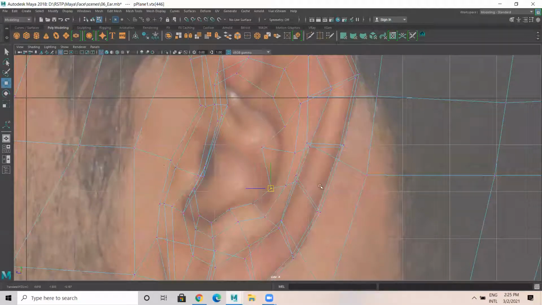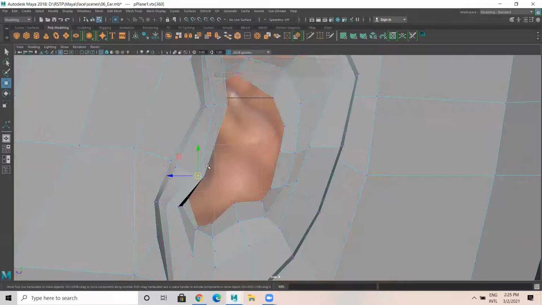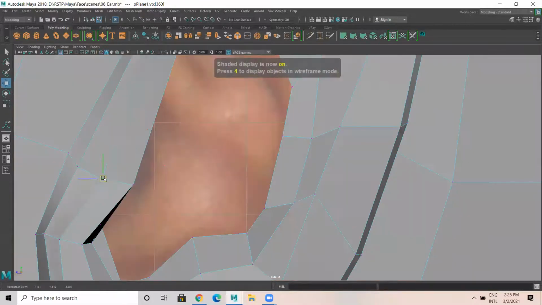Like this. So certain things, you need to work on this like this.